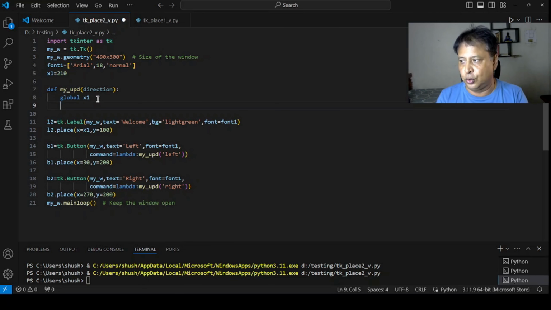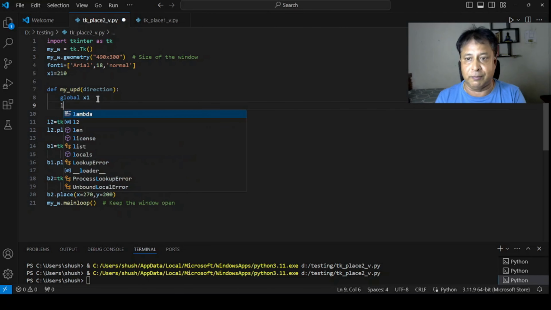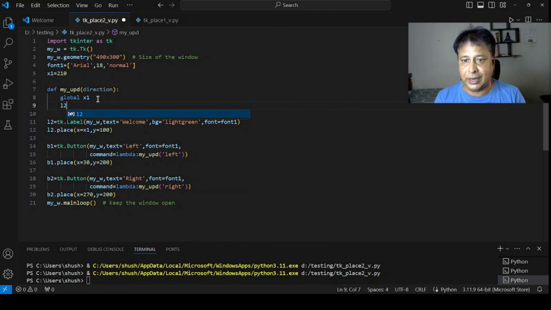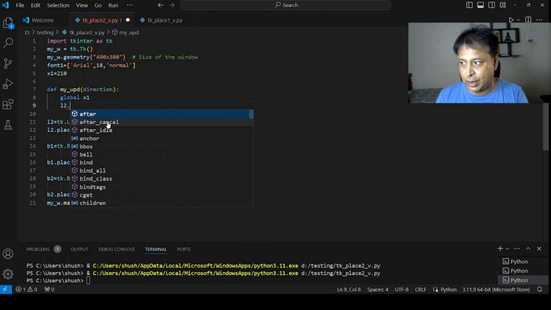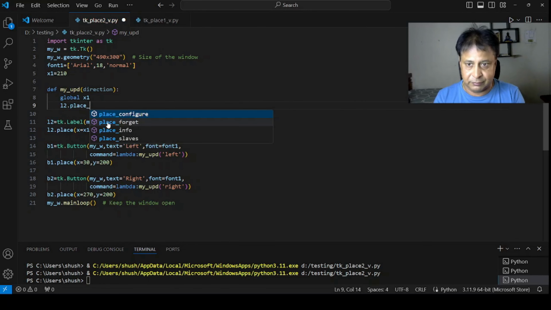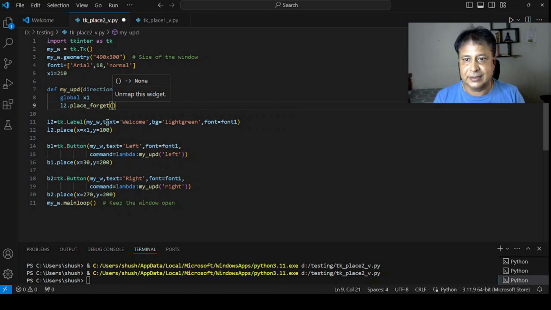So first I will remove the position of the L2. L2 is our label here, whatever is written as welcome. L2 dot, now I will say place forget. With this, the label will be removed. Now I have to place it in a new location with the change in value of x1 or the coordinate